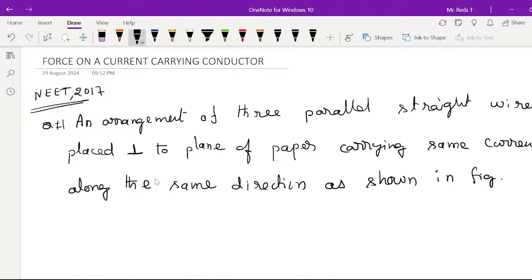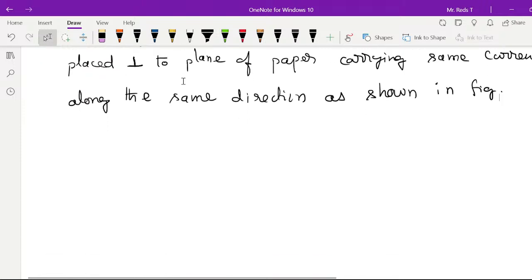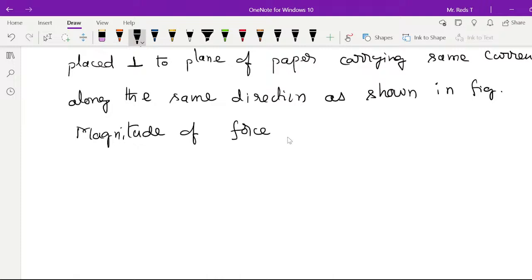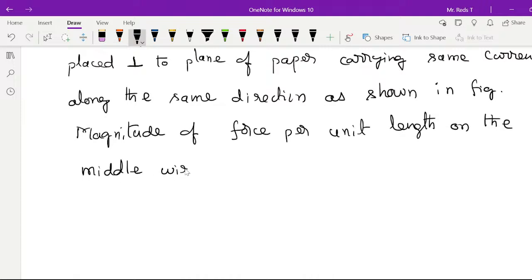Magnitude of force per unit length on the middle wire B is given by